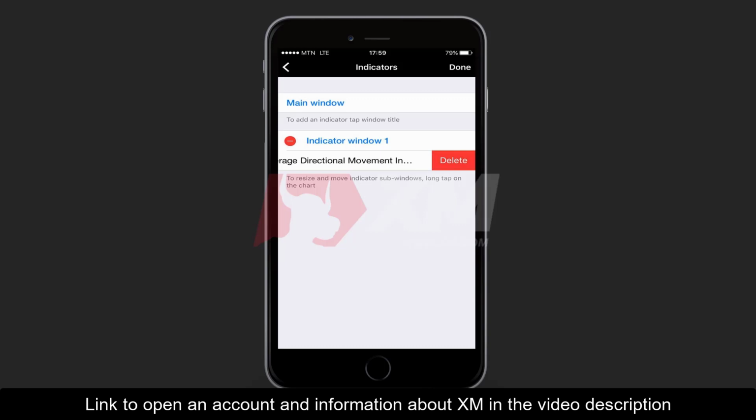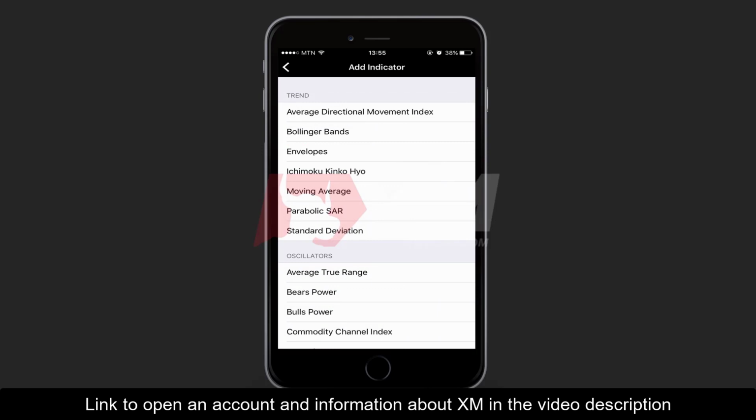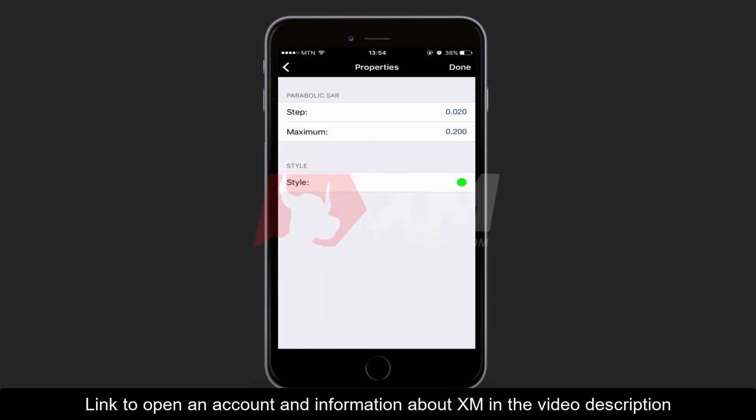Once you click the Delete button, the selected indicator will be removed from the list. In order to add another indicator on the same window, click the blue text indicator window 1 or main window text. This will redirect you to the main indicators list, where you can select an additional indicator such as the parabolic stop and reverse. Selecting the parabolic stop and reverse from the list will take you to the properties window